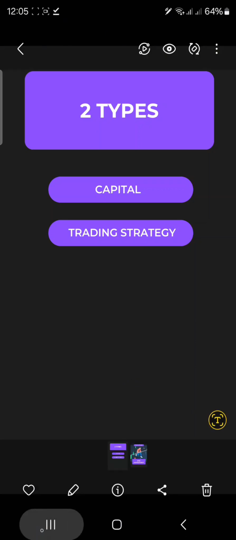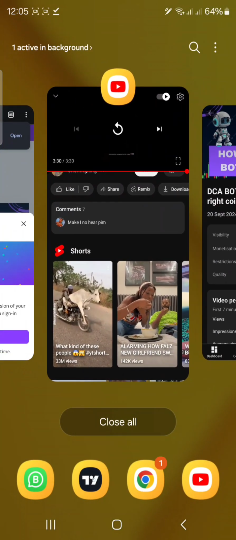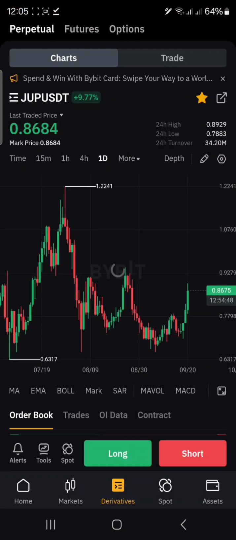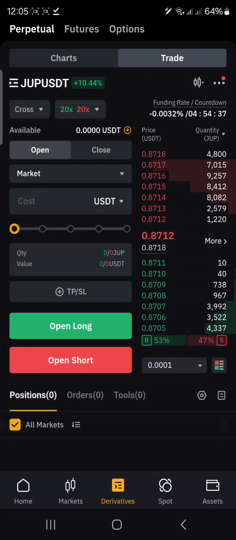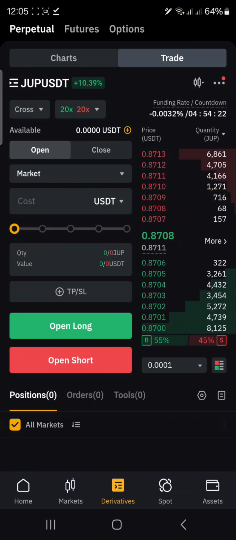Now, come to your BYBIT account here. Okay. Now, on your BYBIT account, don't forget we have derivatives, which is this. Okay, can you see that? So click on derivatives. Now, on derivatives, you need to select a coin. Which coin are you trading? Stop jumping from one coin to the other. It will not pay you. Okay? The profit that multiple coins will give to you, the same profit a single coin will also give to you. You don't have to stress it, right?